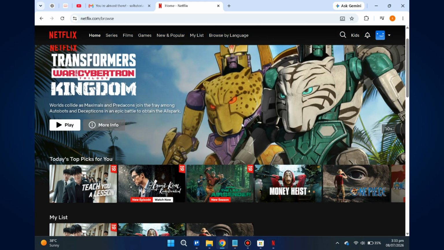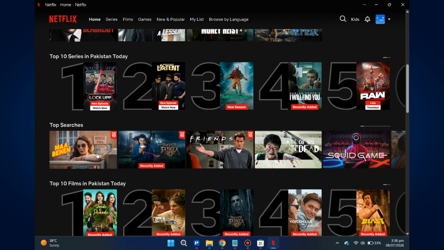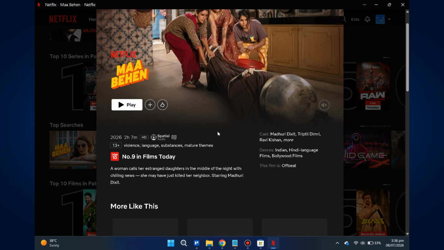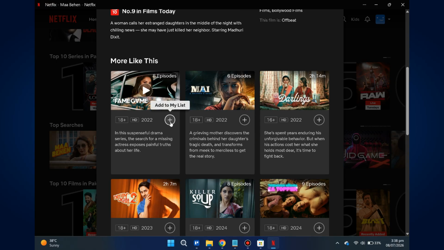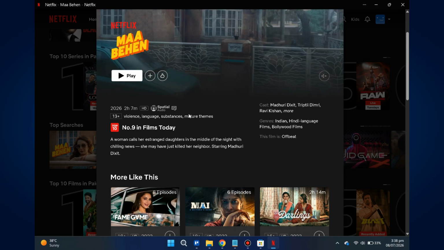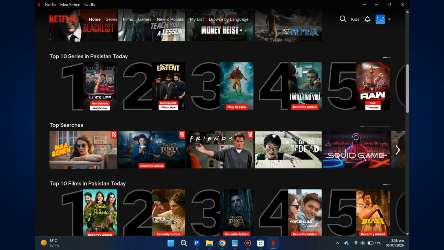Then select your profile. Browse or search for the movie or TV show you want to download. If the title supports downloads, you'll see a Download button next to the movie or individual episodes. Click the Download button to start downloading the content. After the download is complete, open the Download section in the Netflix app to watch your downloaded movies and shows